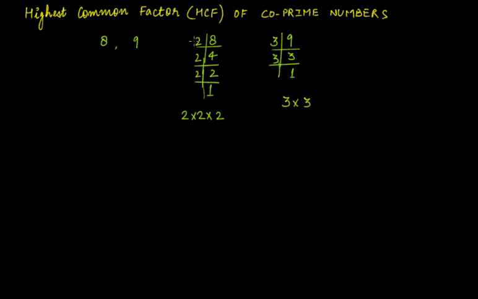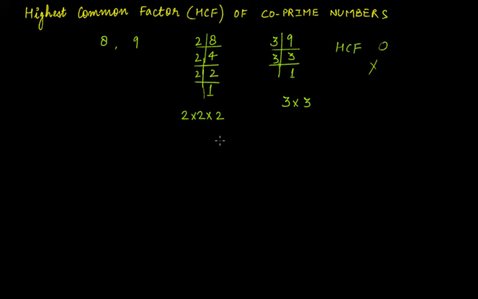Now, after writing the prime factorization of 8 and of 9, when you look at these two prime factorizations, you will say that, hey, we don't have any common prime factors. Here we have only 2 and here we have only 3. Therefore, you'll quickly say that the highest common factor will be 0, or someone will say it will not exist because we don't have any common prime factors here. But that's wrong, because you know that